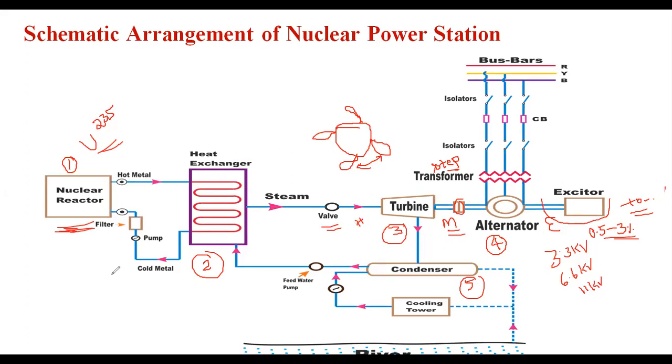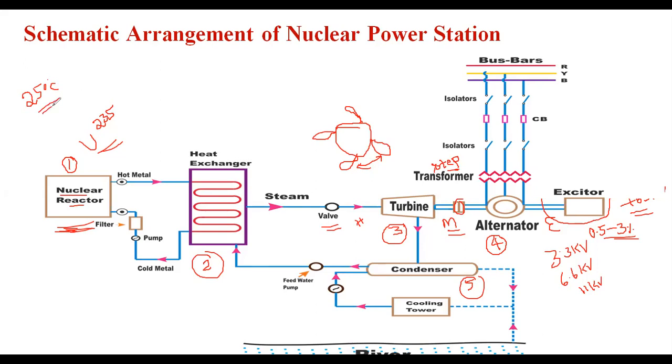And the major advantage in the nuclear power plant is that within a fraction of a second, we can generate the power. We just apply the fuel, either uranium or thorium or plutonium, and within a fraction of a second the power is generated. But in the thermal power plant, we need to bring the temperature to 250 or 220 degrees centigrade. It takes a minimum of 4 to 6 hours or 6 to 8 hours. But in the nuclear power plant, we are using a chemical energy source, that is nothing but uranium. Once we apply the fuel, in a fraction of a second it burns and produces steam.